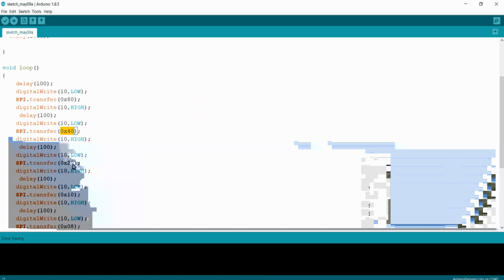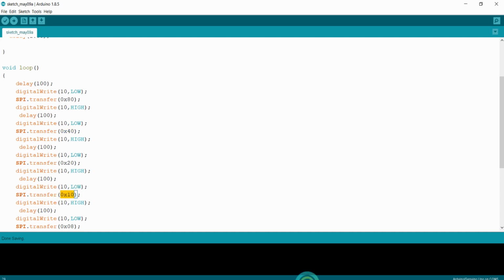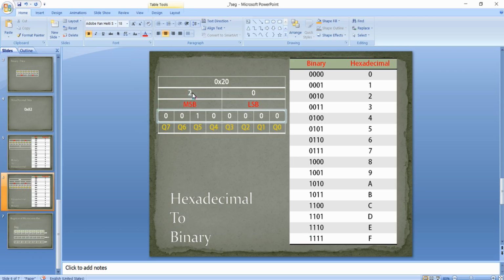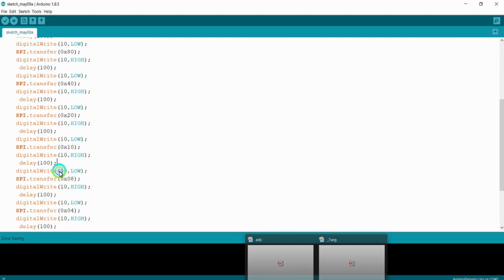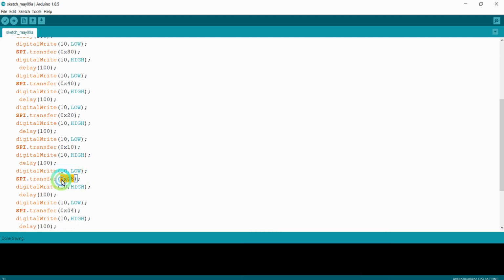And after again 100 millisecond we are passing 0x10. 0x10 is nothing but 00010000. So 1 is nothing but 0001 and 0 is 0000. And now you can see the output Q4 of the shift register is turned on and all the other outputs are turned off. And next after again 100 milliseconds we are just going to pass the byte 0x08.